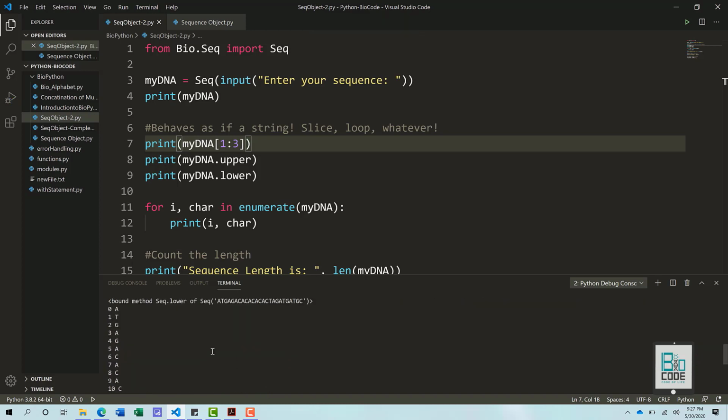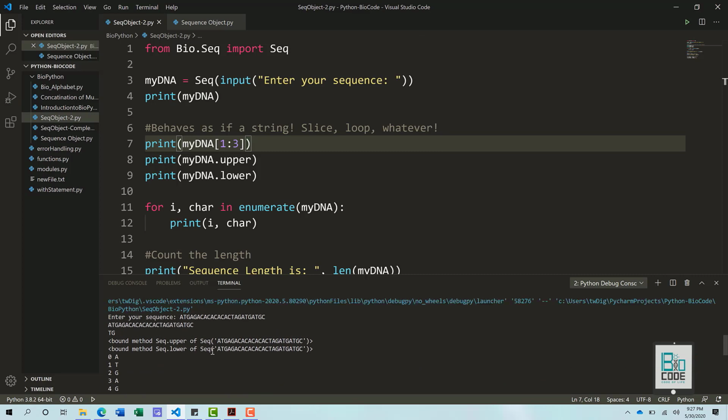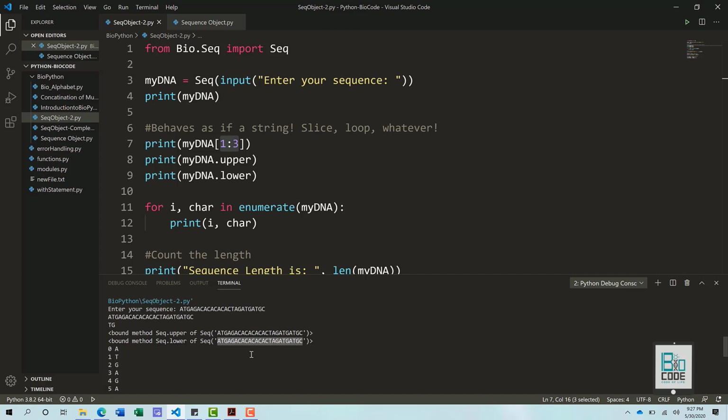So our script has run, and you can see that we passed in our sequence. The sequence gets converted into a sequence object, and it is printed out. Since I said that we will be slicing the sequence, 1, 2, 3 means that T and G have been sliced out. Then we converted it into upper and lower case. I'm not particularly sure why it did not work, but we will see that.